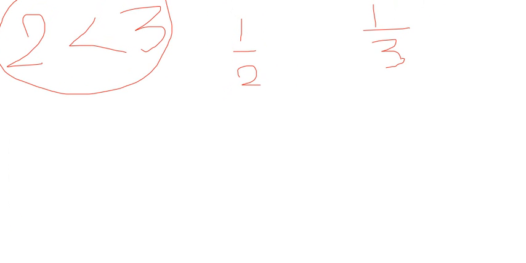Your simple job is just to do the cross multiplication like this. Just do the cross multiplication: 1 into 3. In the numerator it is 1, and below this just write 1 into 3, which is 3. Right, here 3. Now after that 2 into 1. So 2 into 1 is how much? 2. Now tell me, guys, out of these two numbers which one is the bigger number?